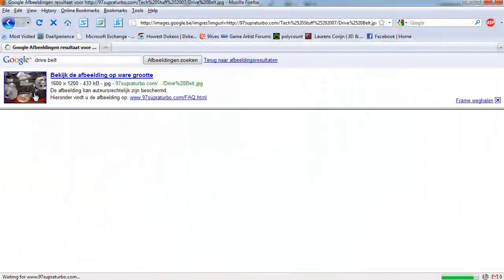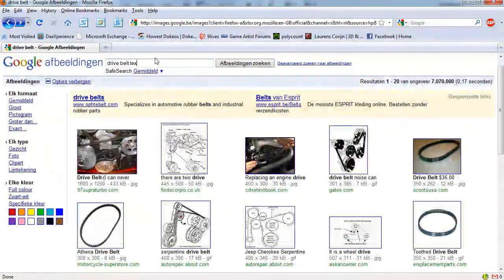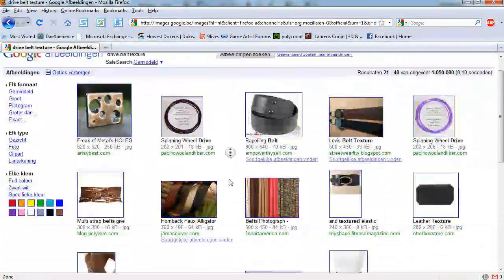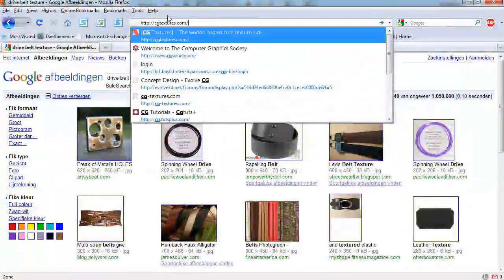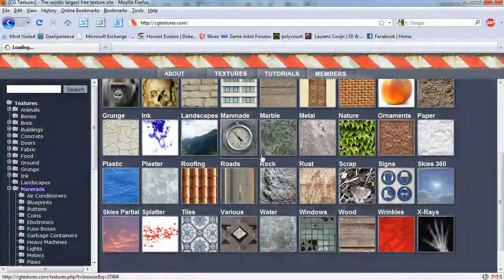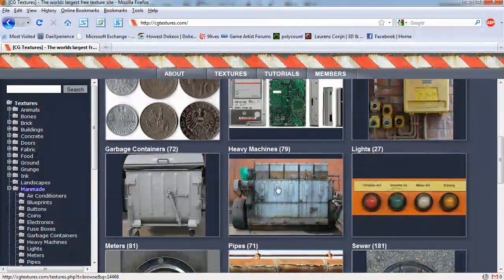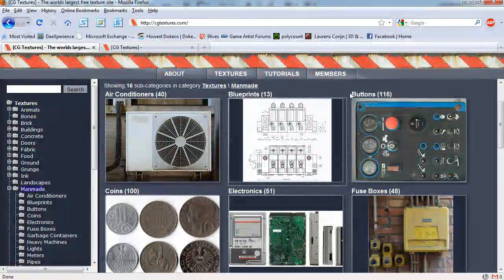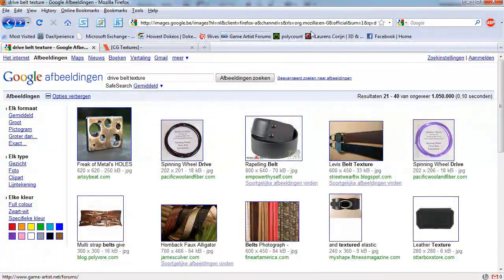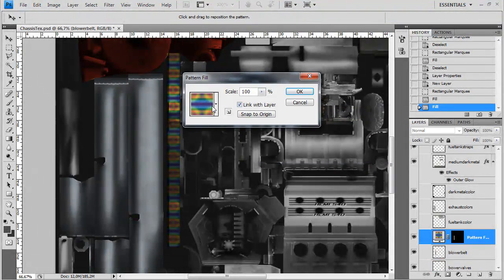Oh yeah, now since this is also part of my general solid color type of thing, I'm looking for what a drive belt would look like in terms of texture. Not really finding anything. This looks like useless stuff. So I'm going to CG textures and checking if the man-made section might have any type of rubber belts. Not straight away. Maybe in heavy machines. Not really finding anything there. Okay, so what I'm going to try is I